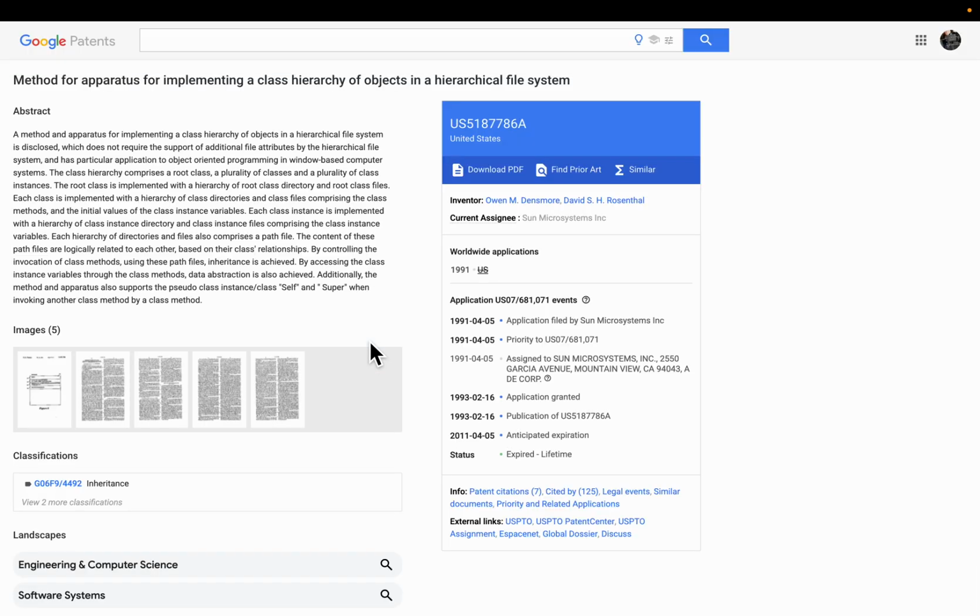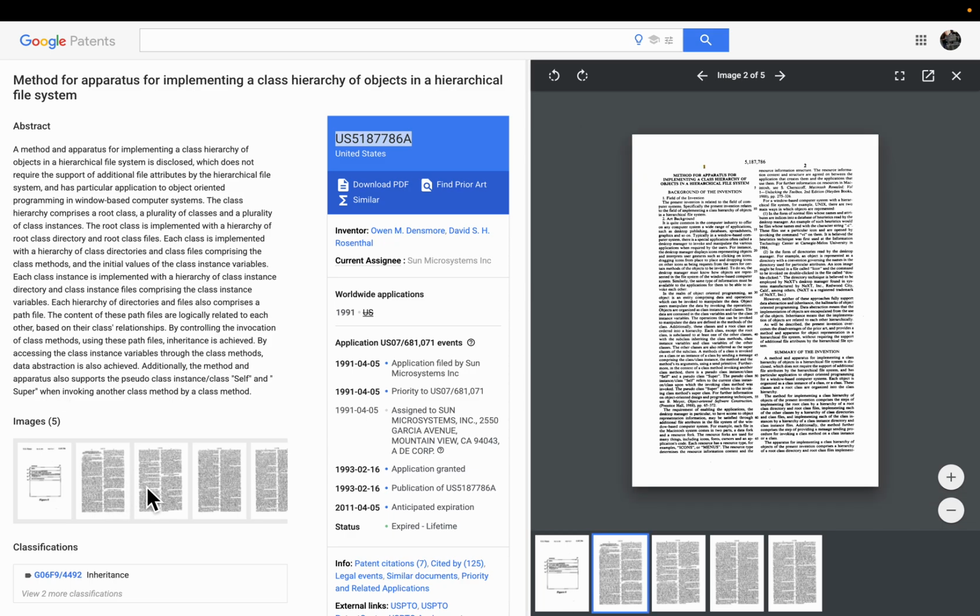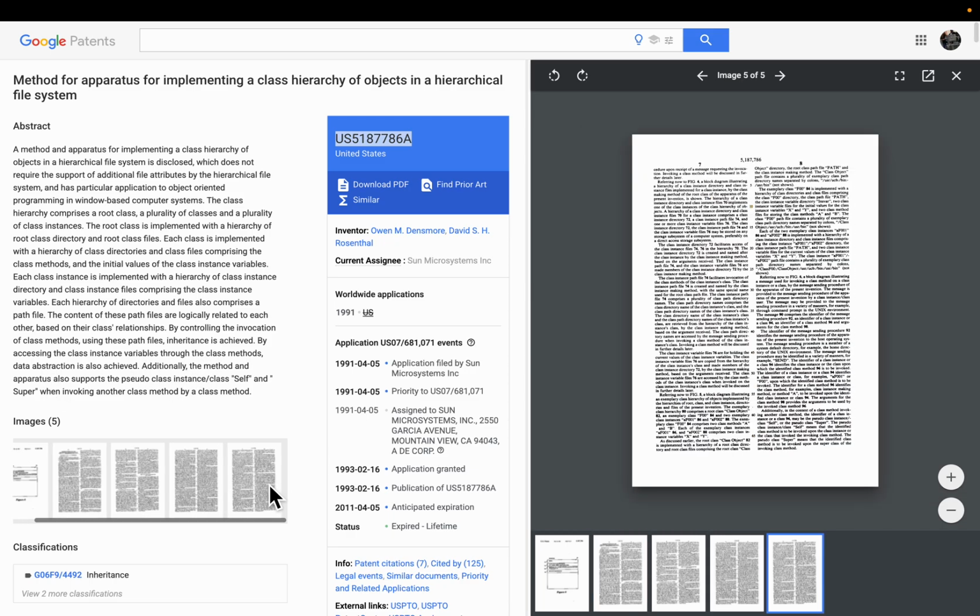We can inherit from this. This is a K-line to this patent that explains everything, okay? This is it right here. So,